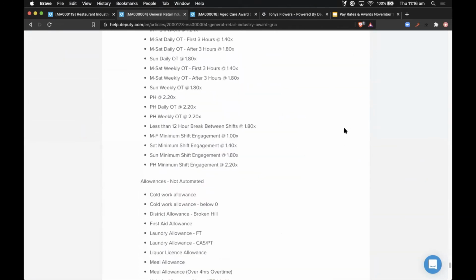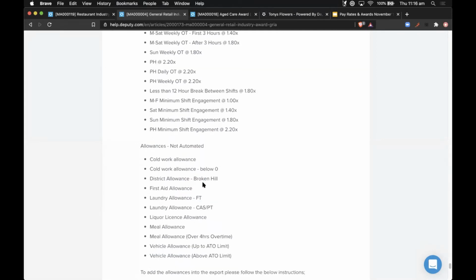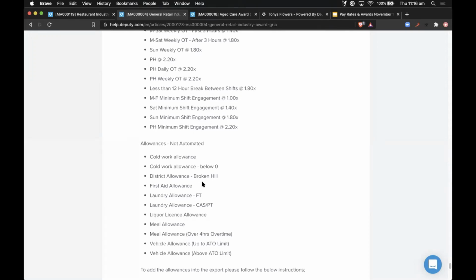Cool. So here are the allowances that are not automated. This is to advise that if you're getting to a timesheet and you're starting to troubleshoot it and thinking, oh, this timesheet definitely had this working situation in it, in that I need to apply a meal allowance, then it's good to know what allowances are not automated. Now, a little later on, I'll show you what it means to actually add an allowance to a timesheet, especially if it's not automated. So what I'll do is jump back.